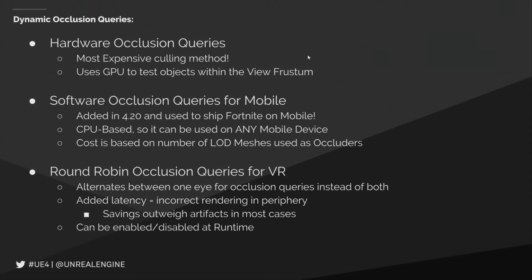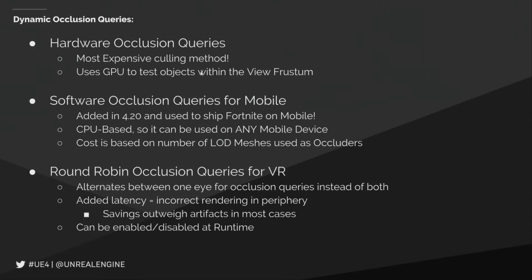With hardware occlusion queries, we're using the GPU to actually test objects within the view frustum. Anything within that view that is blocked by another actor, and again, I have a scene that's going to demonstrate this a little better, anything that's blocked by another actor is occluded, and that needs to be checked. All the actors within the view frustum are checked against the GPU, and this is where the bottleneck can happen. Since we have a scene depth that determines these very long view distances, if you have a lot of objects getting tested against the GPU, you're potentially going to be bottlenecked there, because all those things are getting checked, and it has to know whether each is occluded or not.